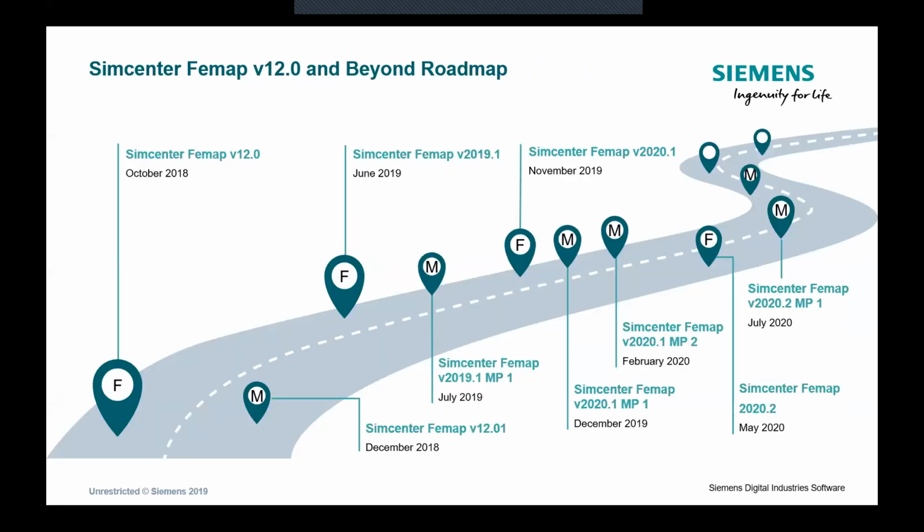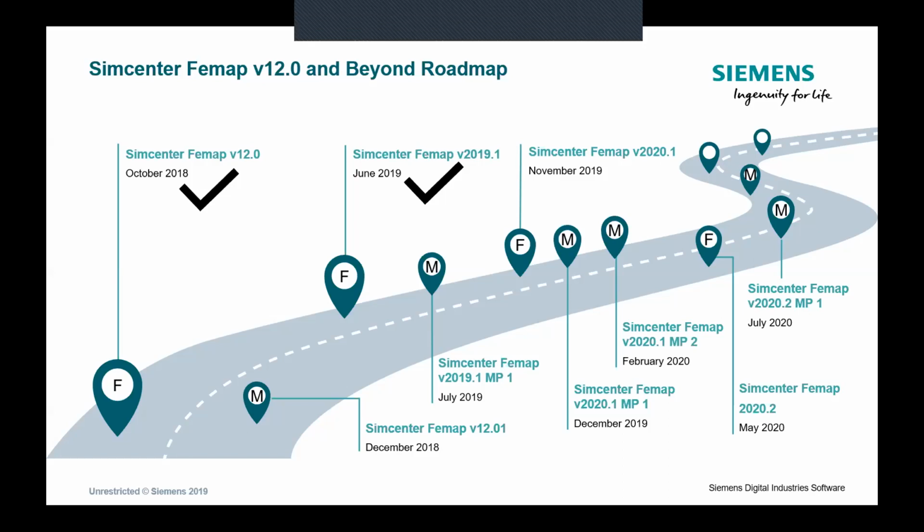Anyways, so this has been our roadmap. It starts with Simcenter Femap version 12 in October 2018. We changed our numbering scheme, so we go right from version 12 to 2019.1, and that was released last June. Then